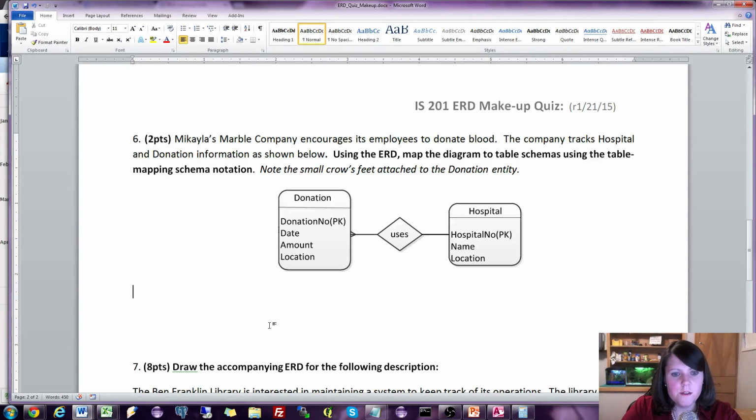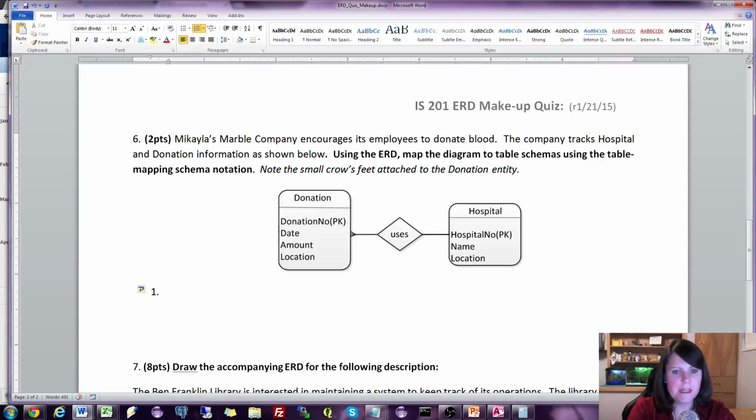Okay, so right away we look at it. I'll just help you go through the thought process if you're a little rusty. Essentially, you take a look at the cardinality of the relationship, and that helps you decide where the foreign keys are going to go. But before you even do that, right off the bat, you know that